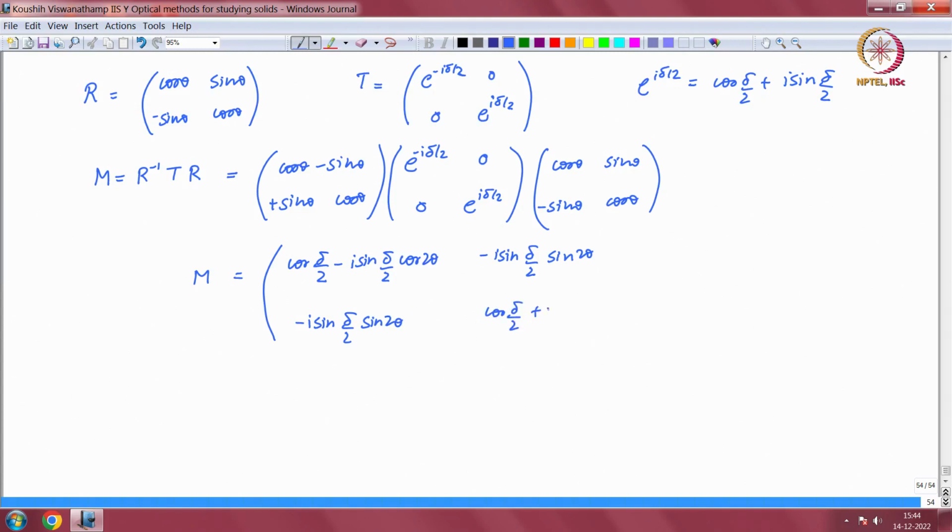And you have a complex conjugate of the first term. This is what M looks like. So a general optical element will do this. If you have a body whose principal stresses are in this direction, it will do exactly this. If you have a quarter wave plate whose orientation is in some random theta direction, it will do this with delta equal to pi by 2 and so on. Any optical element will do the same thing. So this is a general transformation